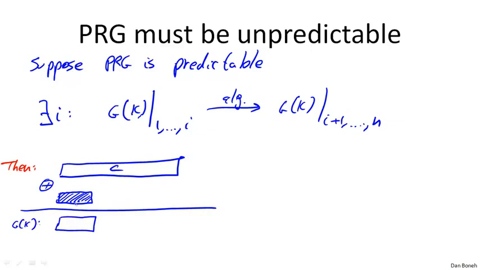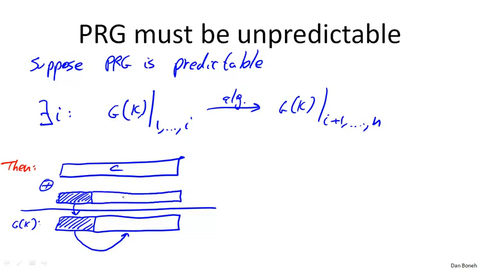So as a result of this, it would learn a prefix of the pseudo-random sequence. But then we know that once it has a prefix of the pseudo-random sequence, it can predict the remainder of the pseudo-random sequence, and that would allow it to then predict the rest of the message M. Okay, so for example, if the pseudo-random generator was predictable given 5 bits of the pad, then every email encrypted